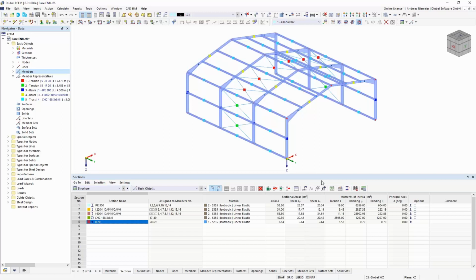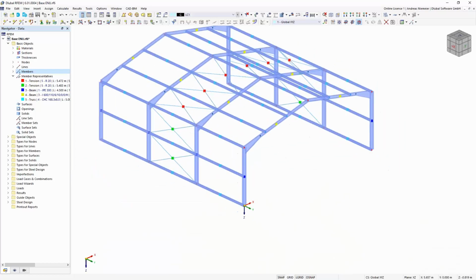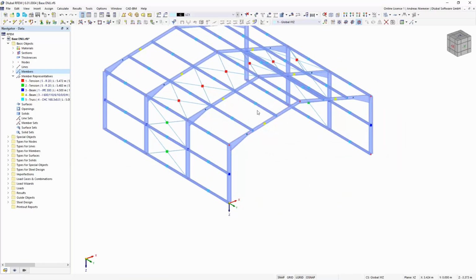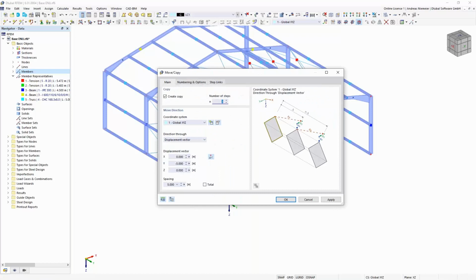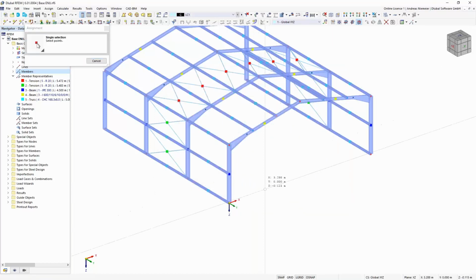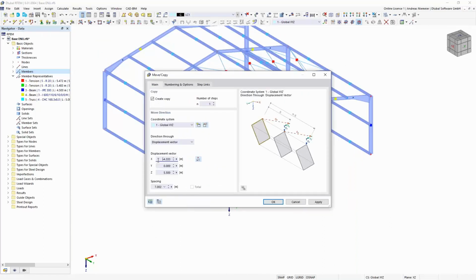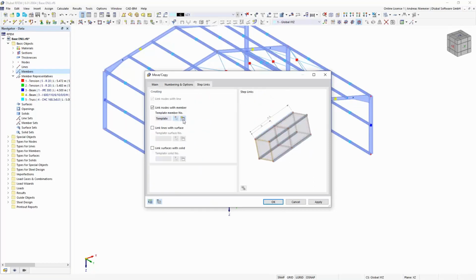Now we have to close the gable or front walls, and for this I use maybe this cross node from the bracing. I select it and copy it down to the bottom. For this I use only one copy, define the vector from here to the bottom, and the x dimension I set to 0. Now we can also link the steps and create a member in between.